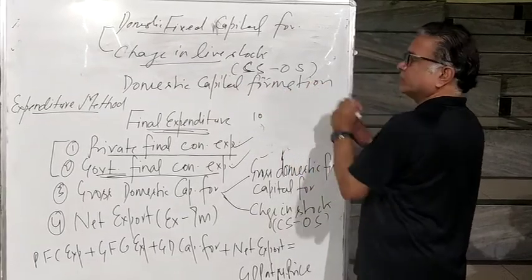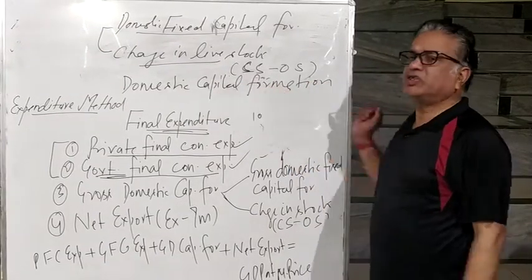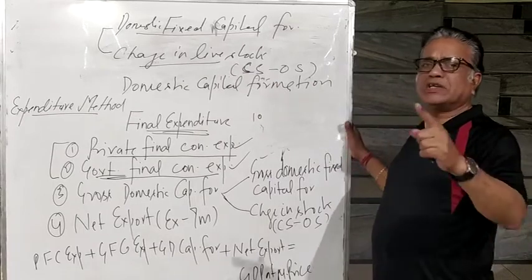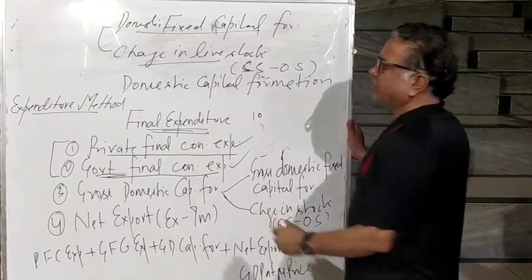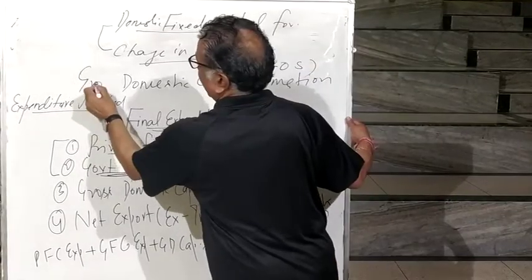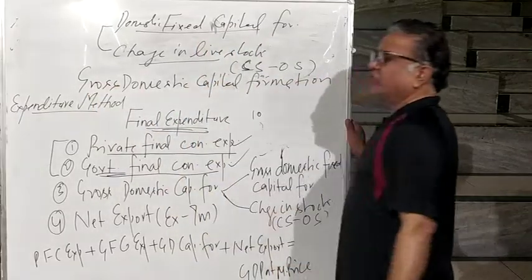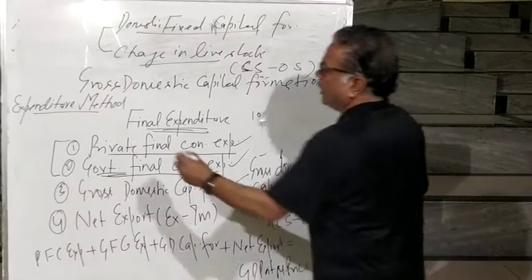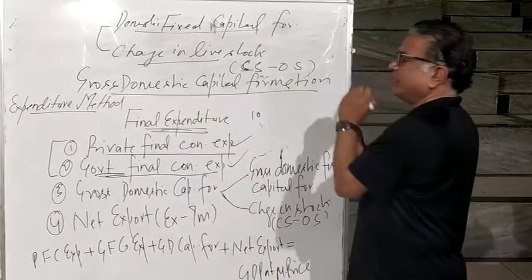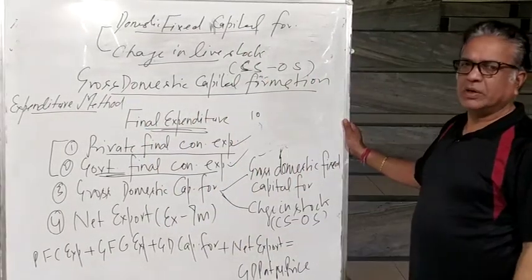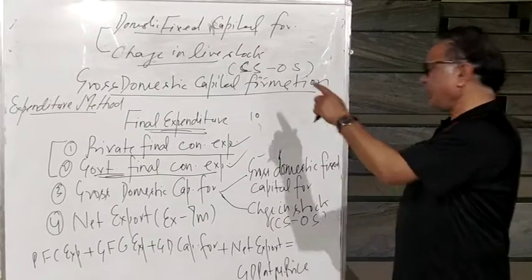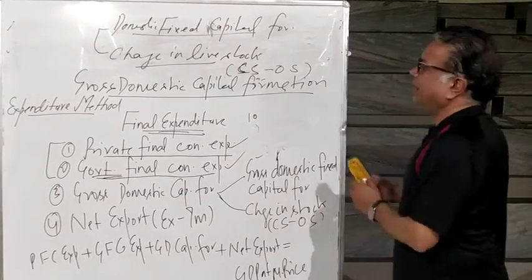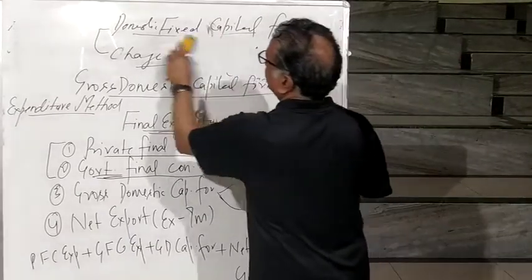formation. What do we call it? Domestic capital formation. And in this expenditure we also add producer's expenditure on depreciation, and that's why we call it gross. Why are we calling it gross? Because we are adding producer's expenditure on depreciation. So what all together is? Gross domestic capital formation. Many times a 3-mark question is asked: what is meant by gross domestic capital formation?